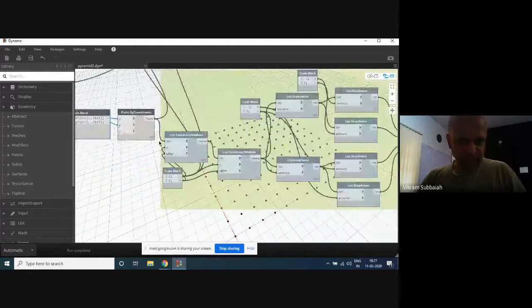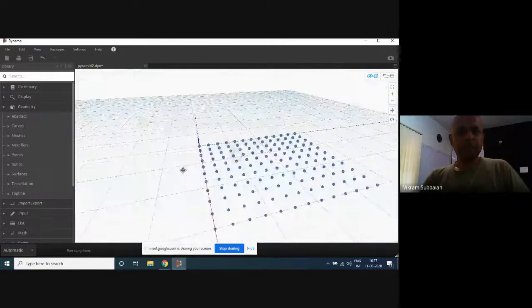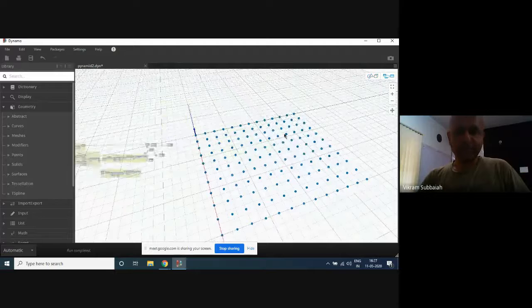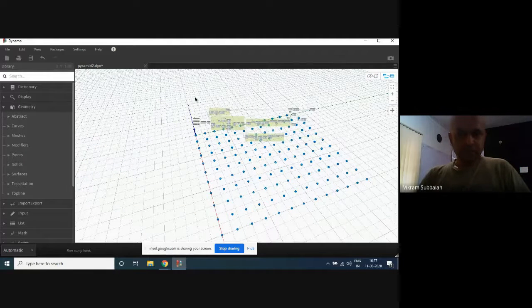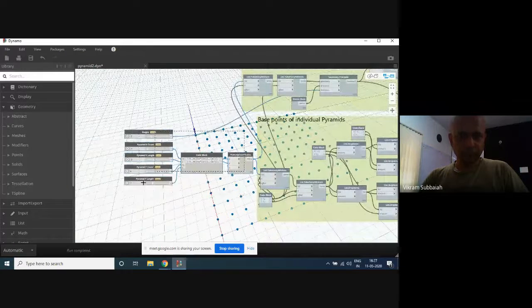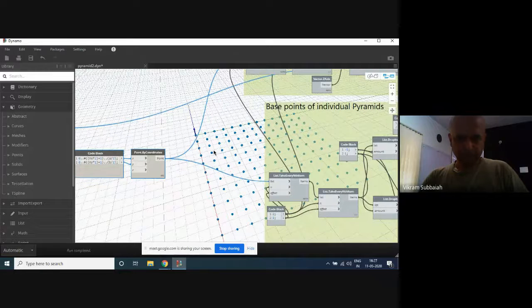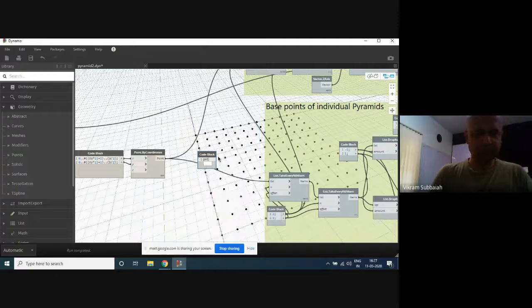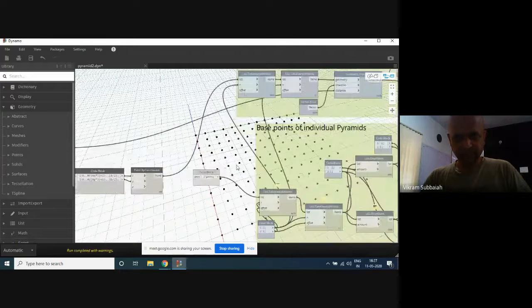So if these points change, everything here is going to change. So what we will do is, I will create one placeholder and call it PNPS and connect this to this and this to this.